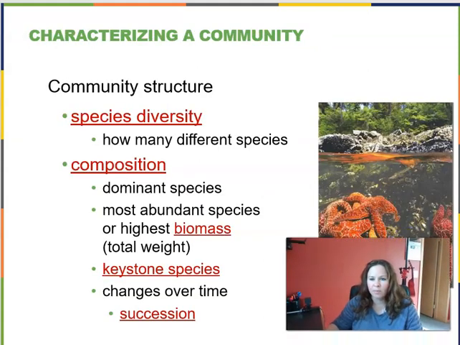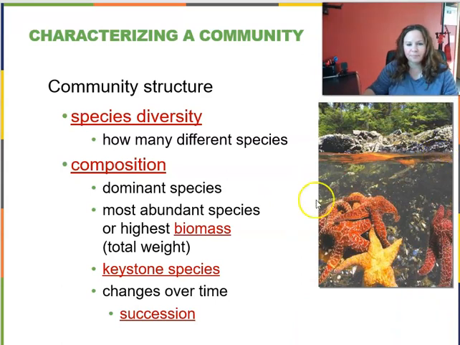especially a community ecologist. So again, community structure is characterized by species diversity. How many different species are there? By its composition, like what is the dominant species, the most abundant species, or who has the highest biomass? Bio meaning life. So the total weight, the predominant species is this starfish, because if we did a mass of all of them, they would occupy the biggest